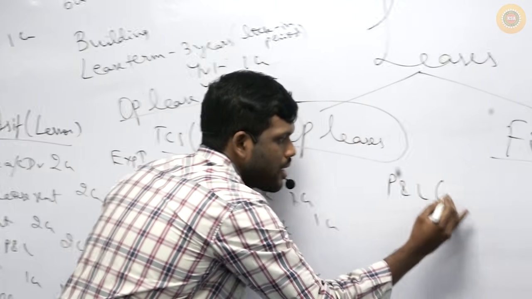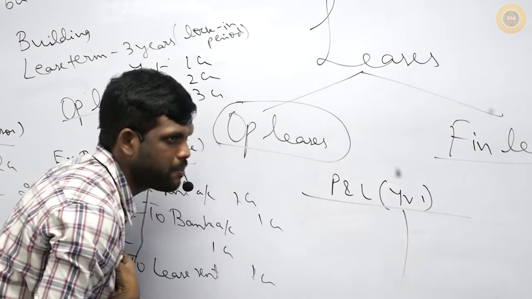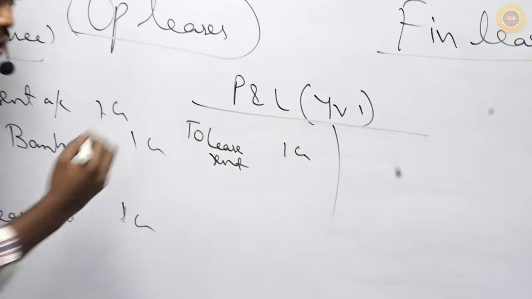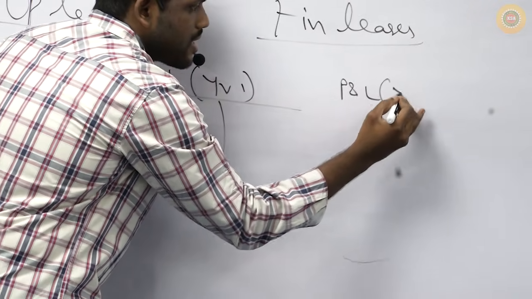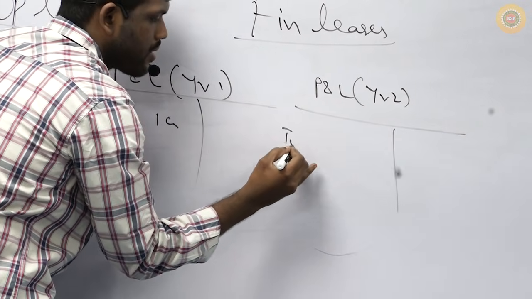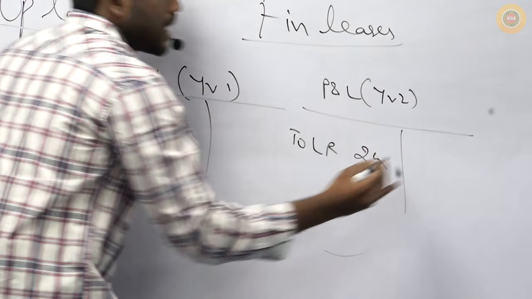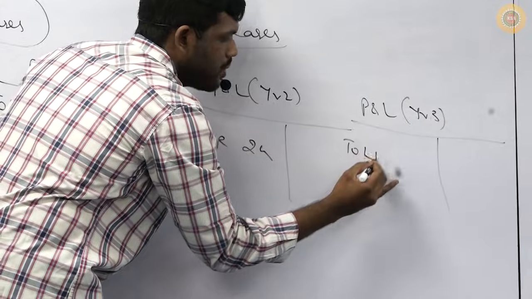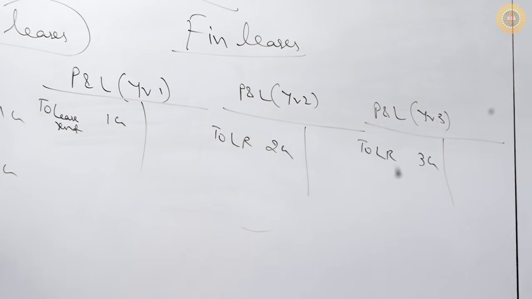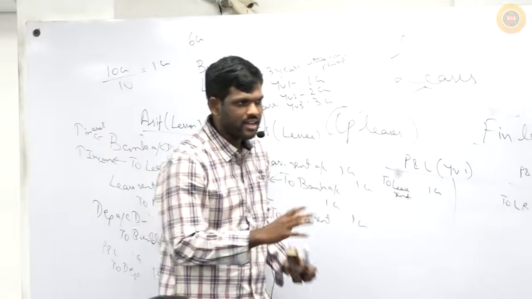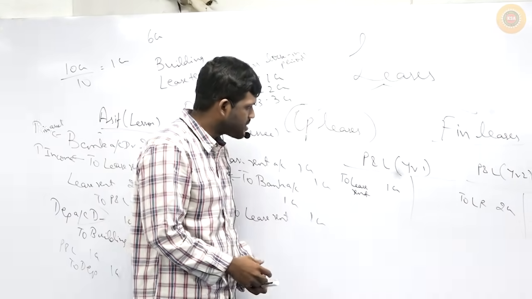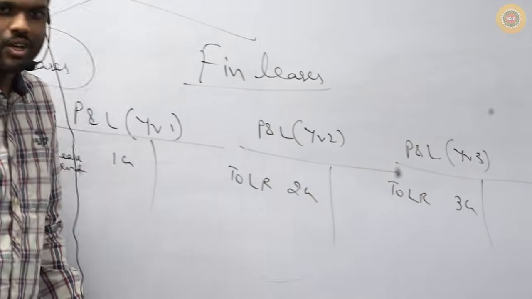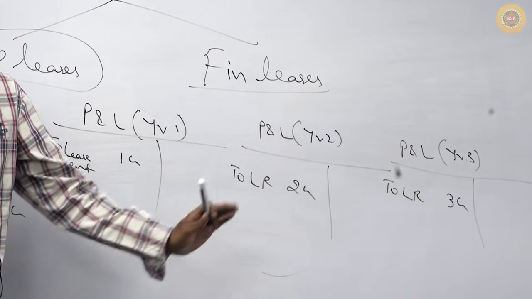So if you see in my P&L, the lessee's P&L, first year expense will be 1 crore. Second year expense will be 2 crores. In third year P&L, my expense will be 3 crores. Correct? Everyone please. Now AS19 is coming in. AS19 is asking, first year 1 crore, second year 2 crores, third year 3 crores. First question,